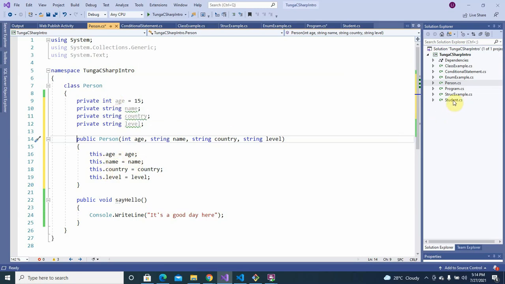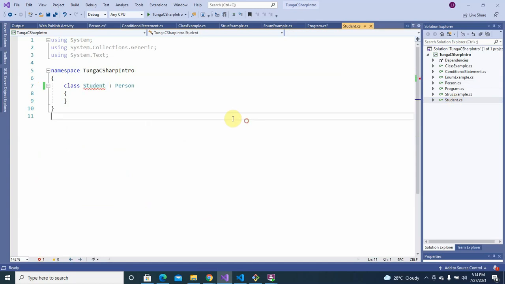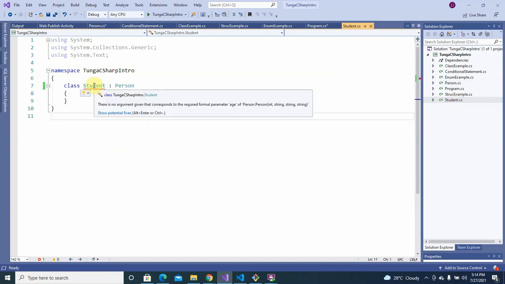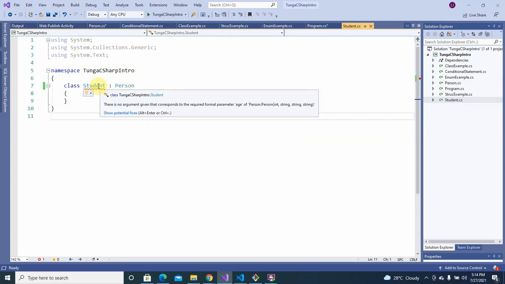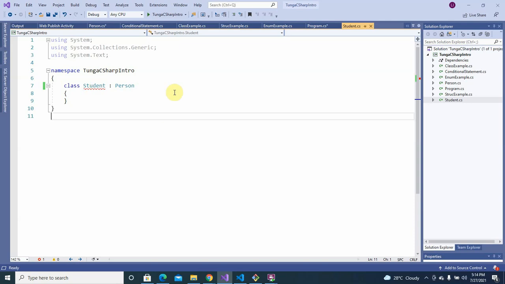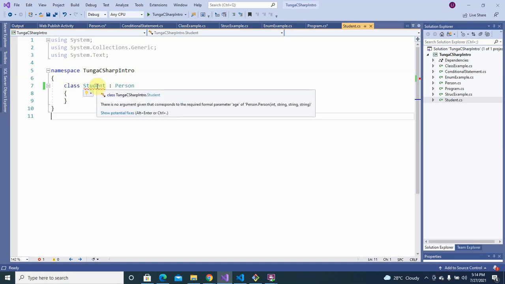Now go and see what is happening within the student class. There's an error now. There wasn't any error before, because nothing was written within the student class. But now an error has been introduced, and if you mouse over that red stuff, you see what it's saying: there is no argument that corresponds to the required formal parameter. So if your base class has a constructor,